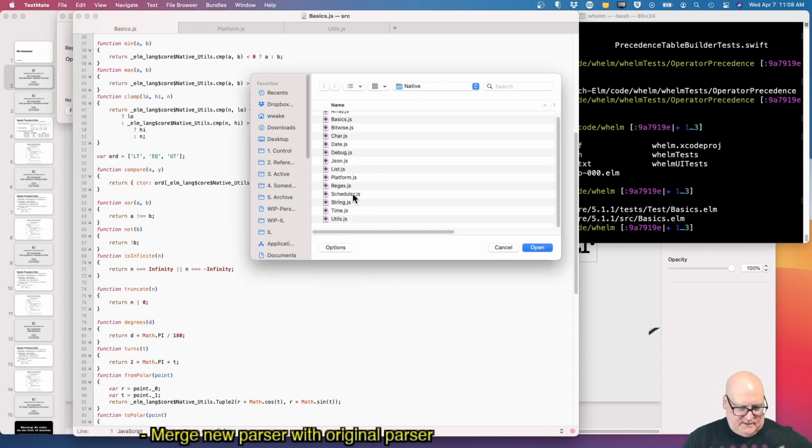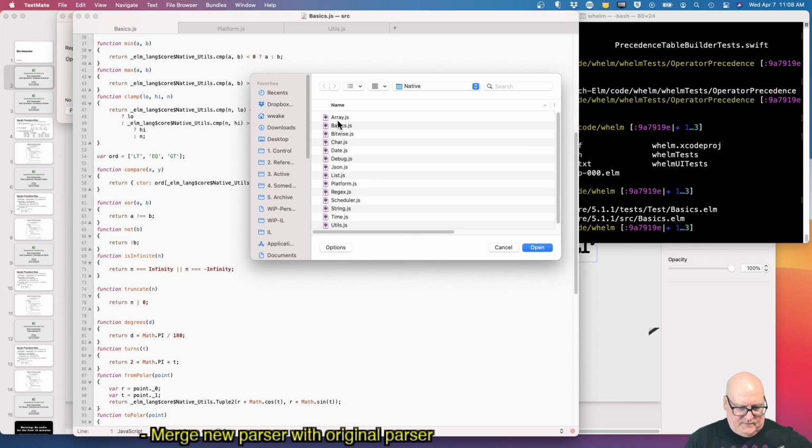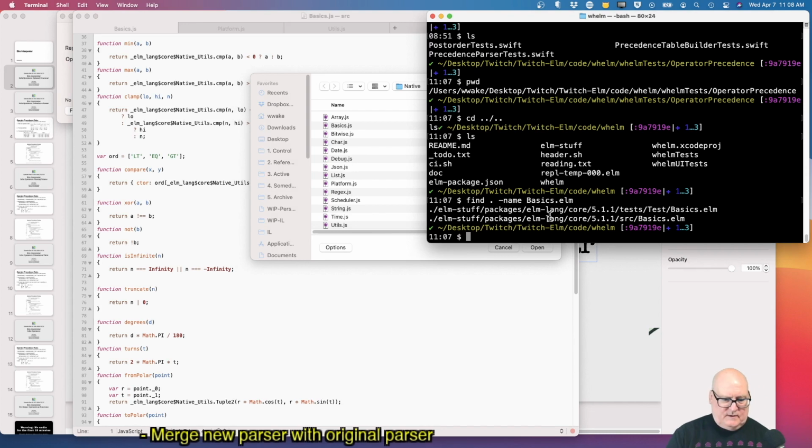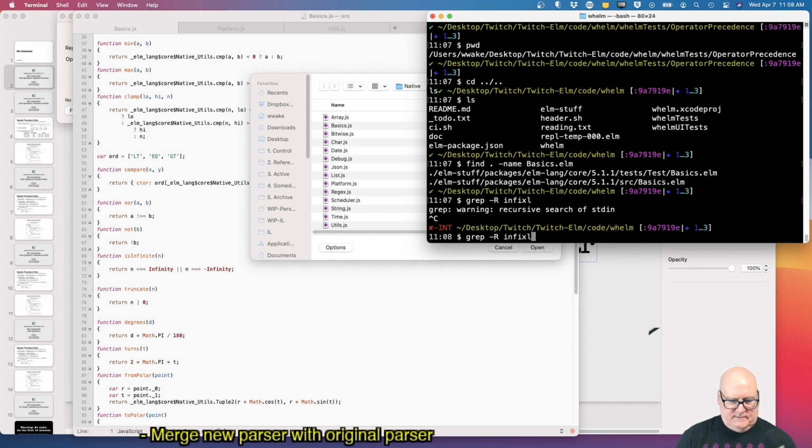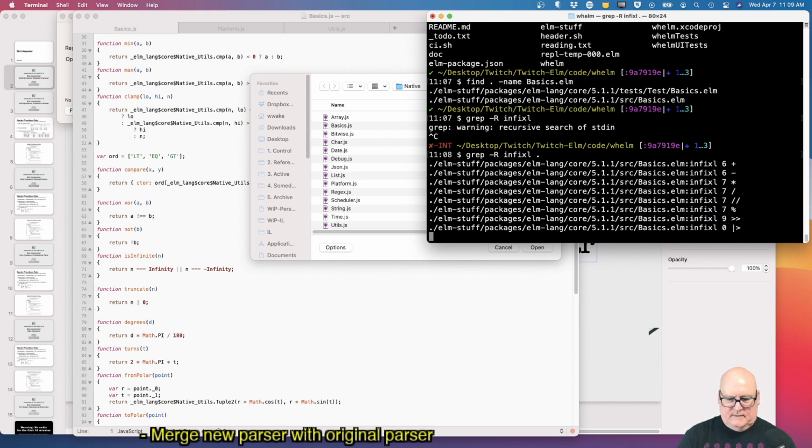Basics. Grep minus R infix L. Basics.elm.